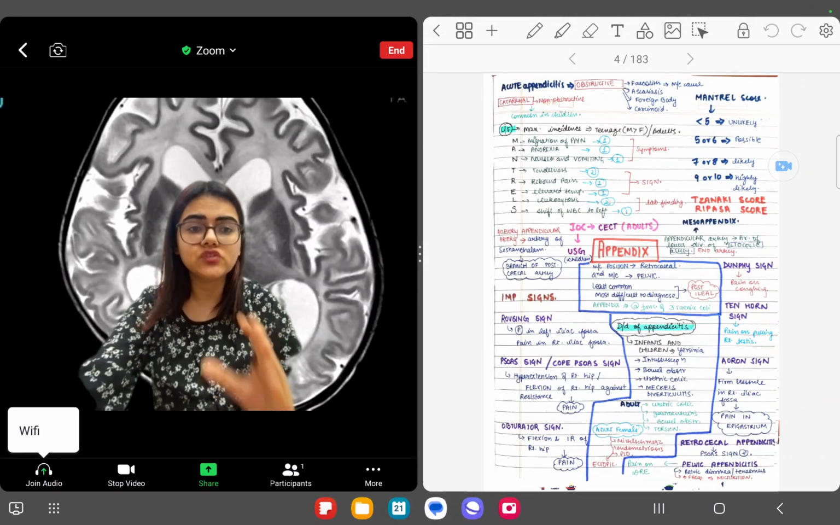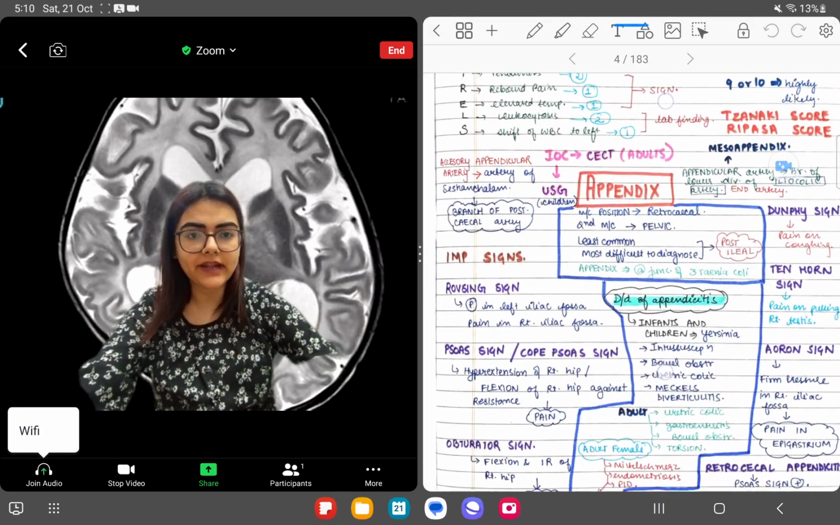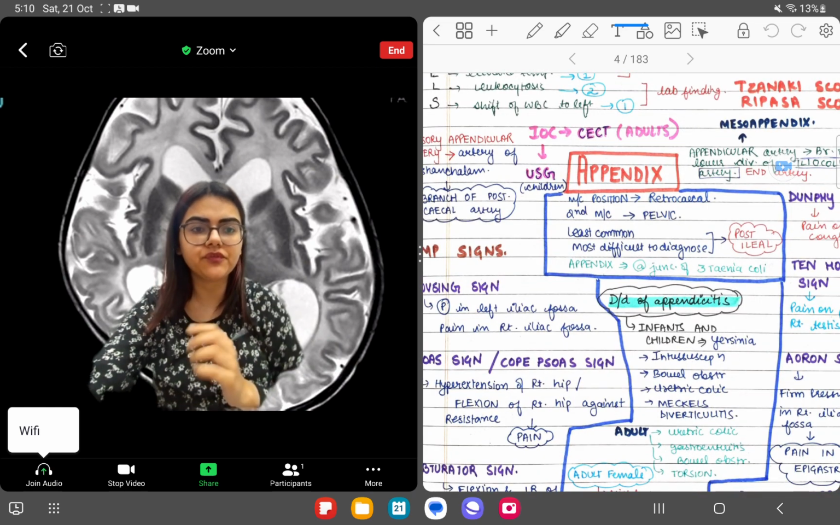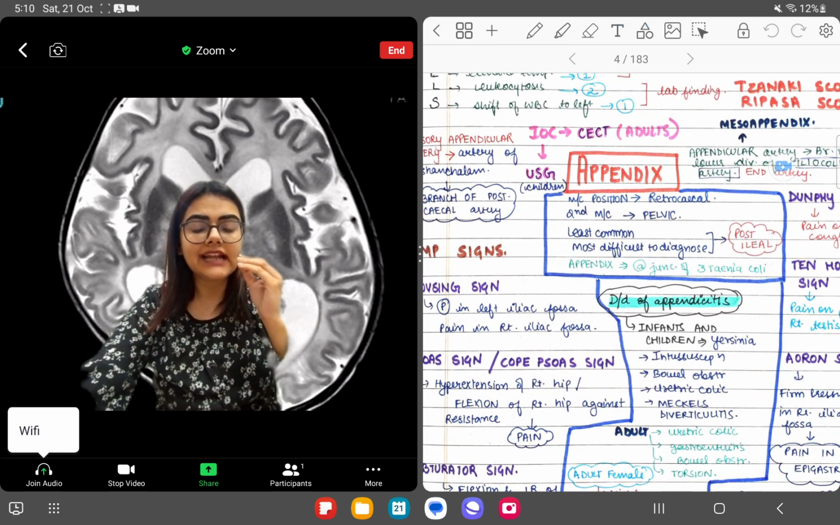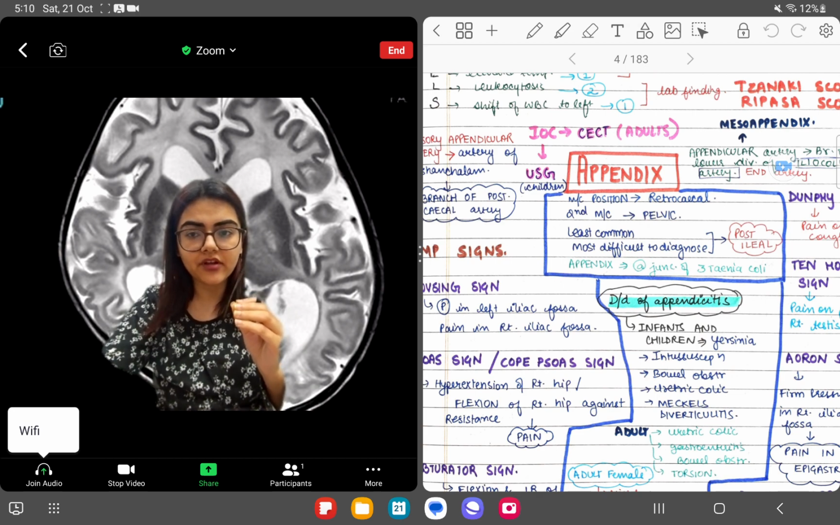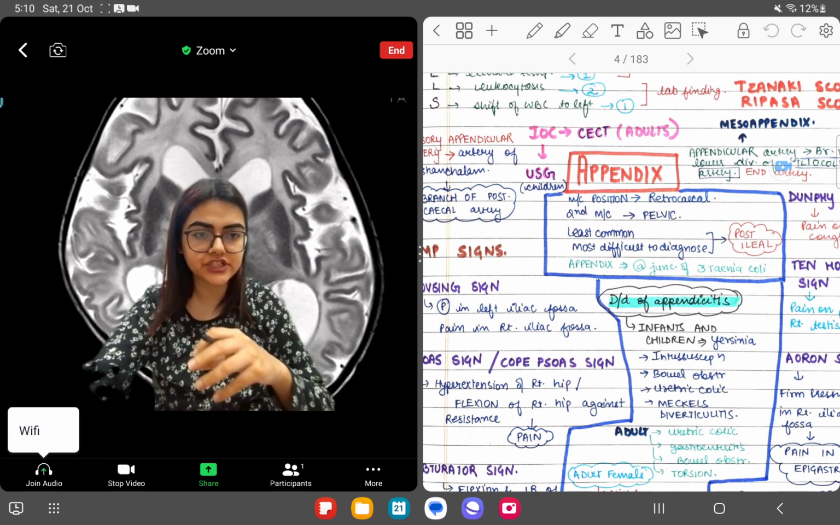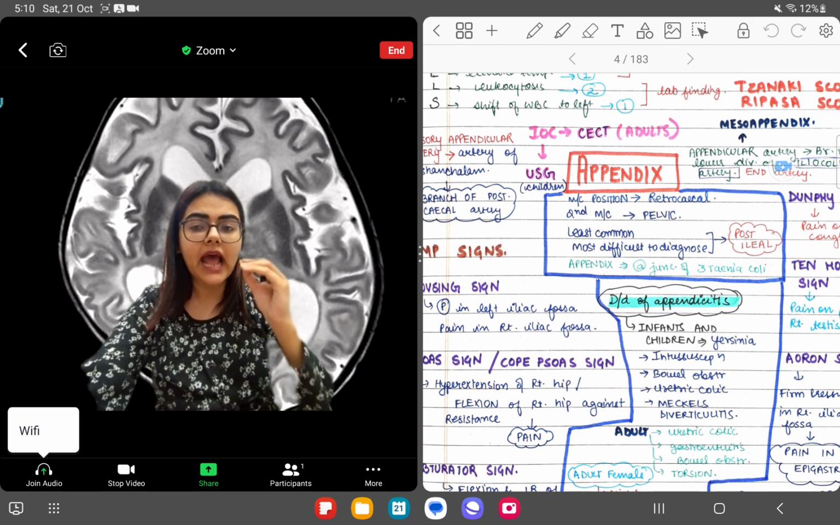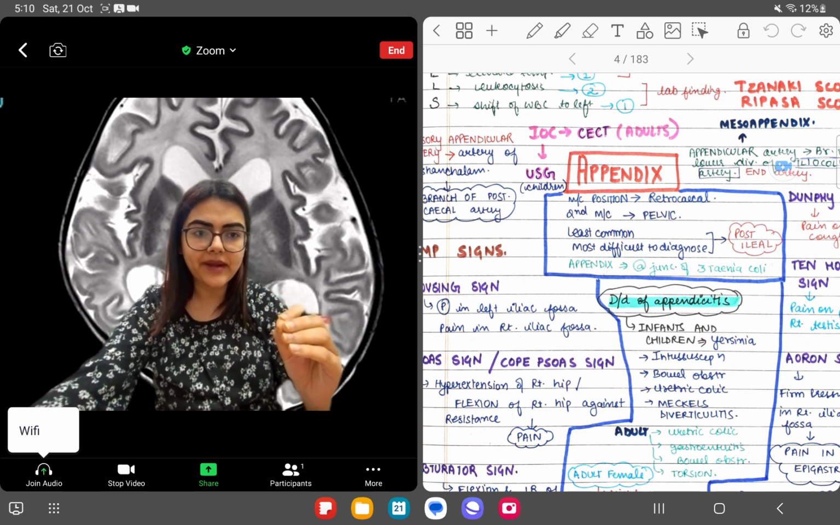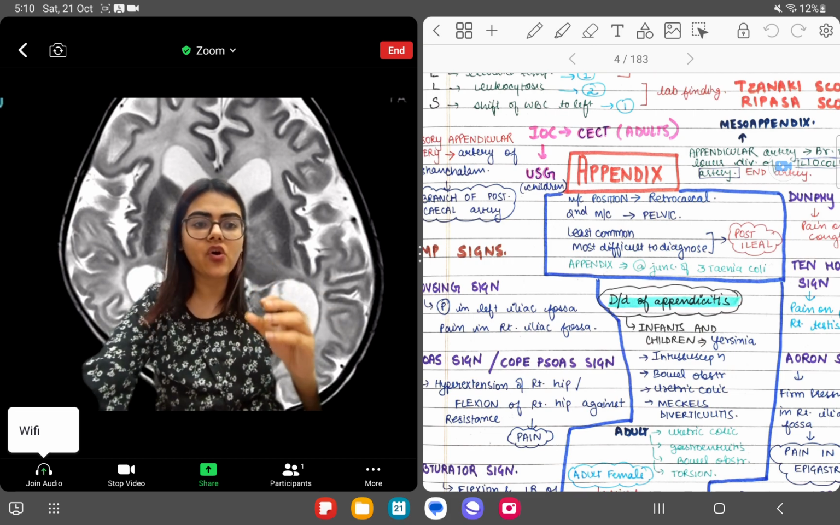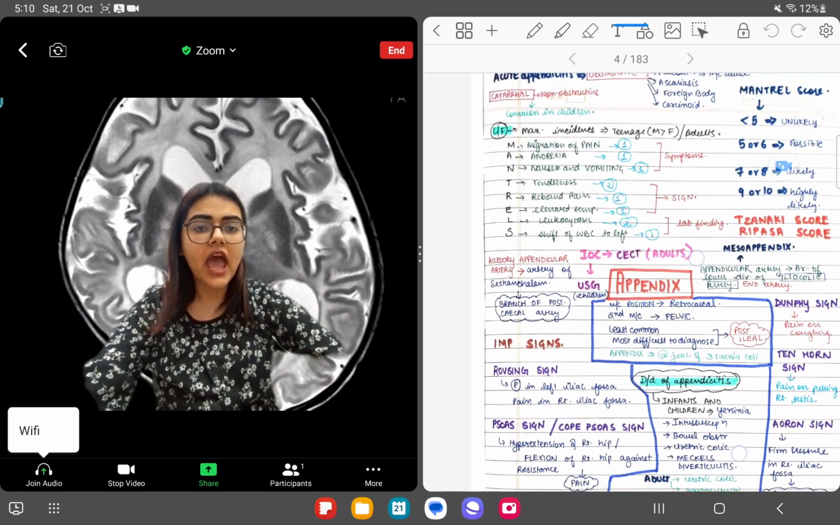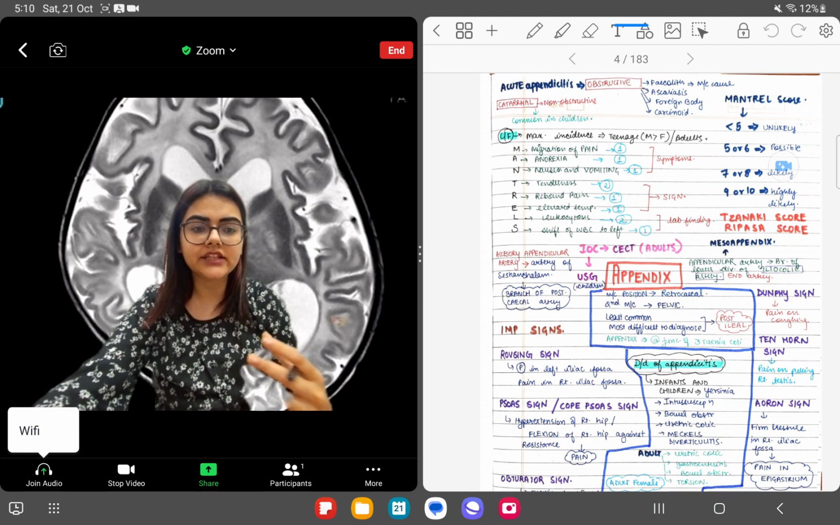These are one-page notes on appendix. Let's learn about appendix in these one-page notes. So first of all, most common position of appendix is retrocecal, okay, and the second most common position of your appendix is pelvic position. Least common and most difficult to diagnose position of appendix is posterior. Now appendix is usually seen at the junction of three tenicoli, okay,